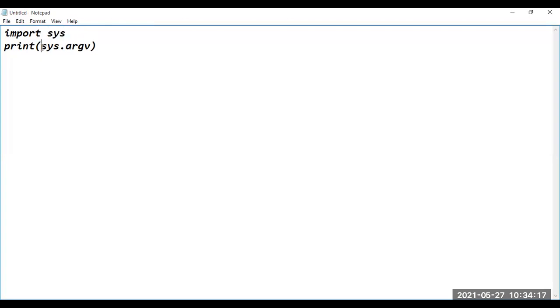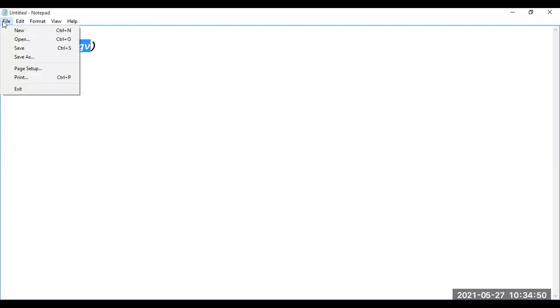So first of all, you have to mention the name of the module. The module name has to be specified, followed by the dot operator, followed by the member which we want to access from the module. As argv is a variable defined inside the sys module, to access argv we first mention the module name, sys, followed by the dot operator, followed by the member we want to access. As argv has to be accessed here, I am writing argv.